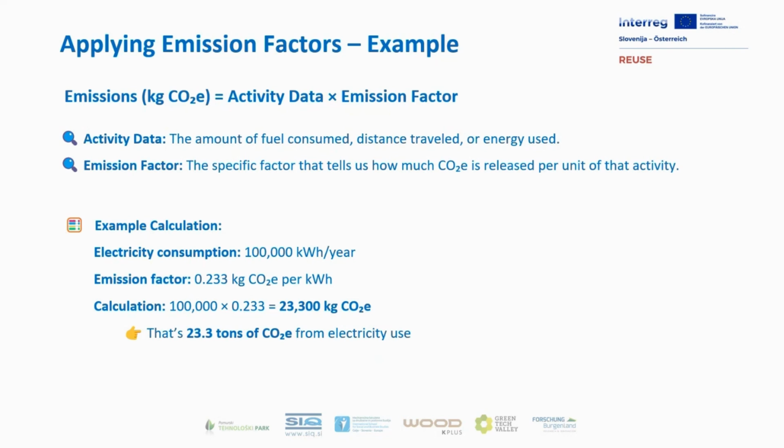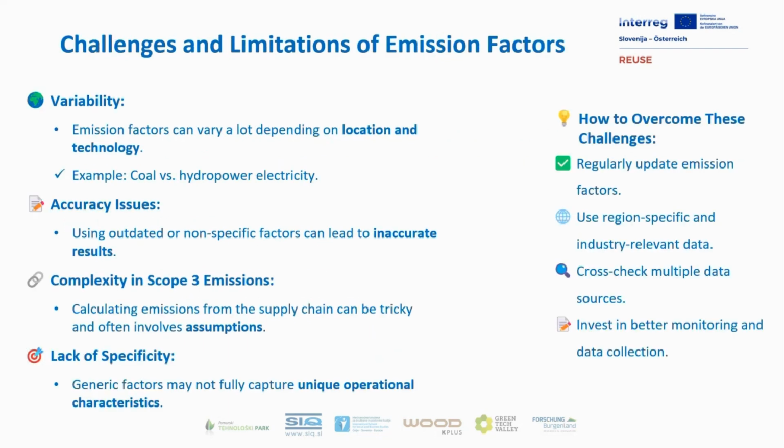These examples clearly show that emission factors vary widely depending on both the type of activity and the regional context. That's why it is so important to choose the right factor, because using the wrong one can seriously distort the final carbon footprint calculation. So now that we understand what emission factors are and how they vary, let's look at how to actually apply them in carbon footprint